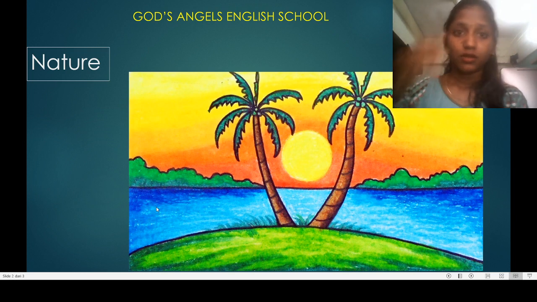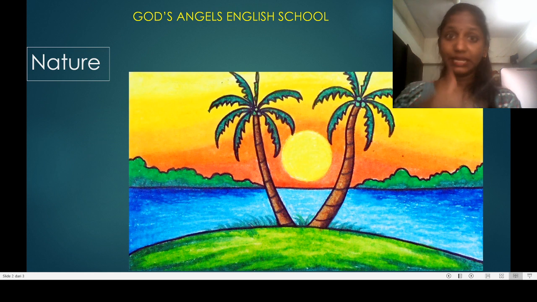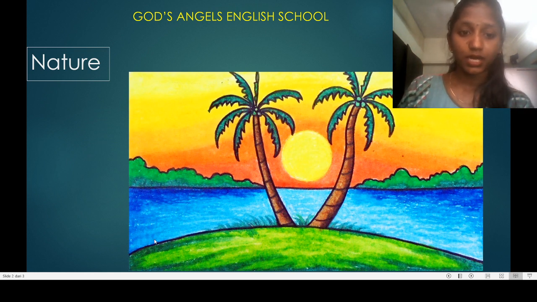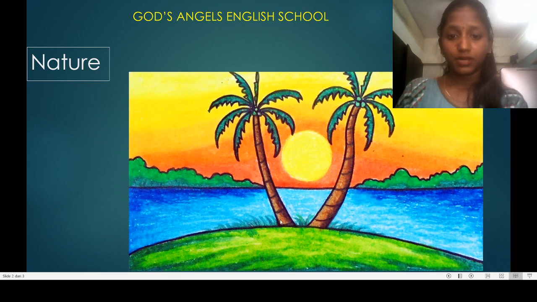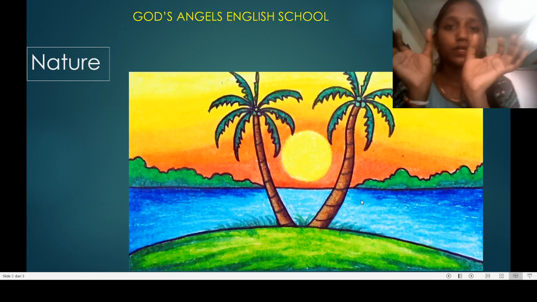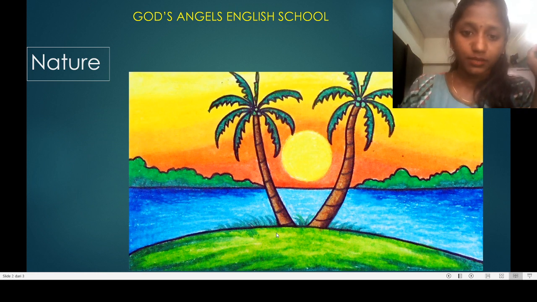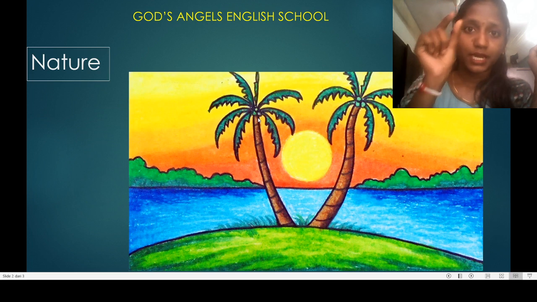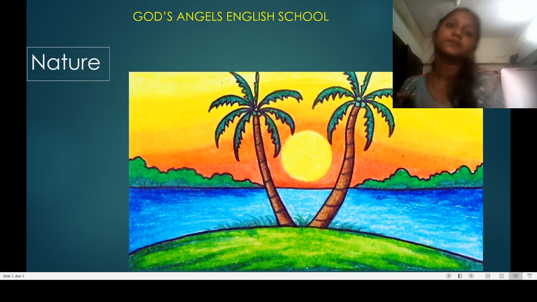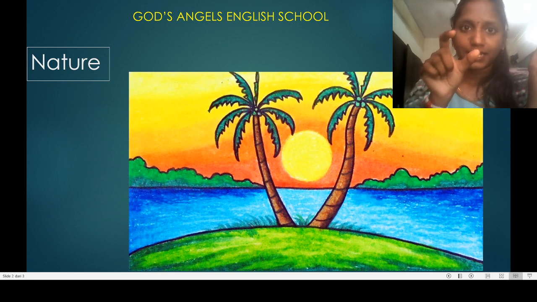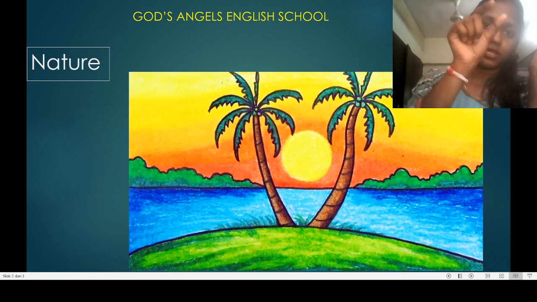Yes, on the below side, below the sleeping line, you will make a big curve like this. Yes, you will make a big curve like this. And between those two bushes, we will make two coconut trees. Yes, putting the line going like this. Yes, till here. When you are taking the line upside, how is the coconut tree? First it is fat, then small, then smaller.